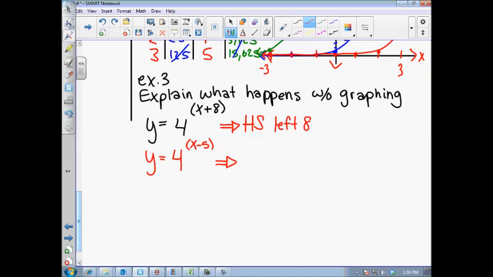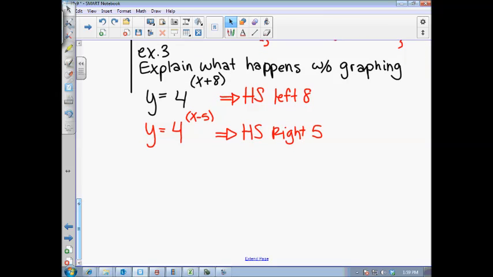Okay, Kiara, how does this one shift? To the which? Right, good, because we think opposites. We're going to go in the positive direction. Horizontal shift, right, 5. Does that make sense? Think opposite. Okay, we're not going to graph the verticals because we're just going to talk about them and write